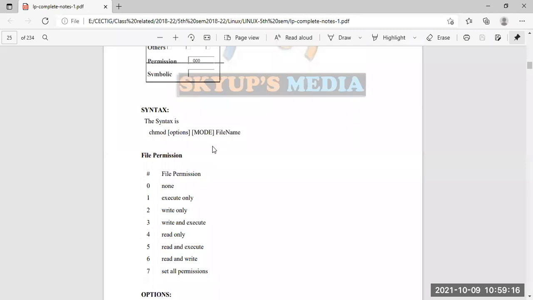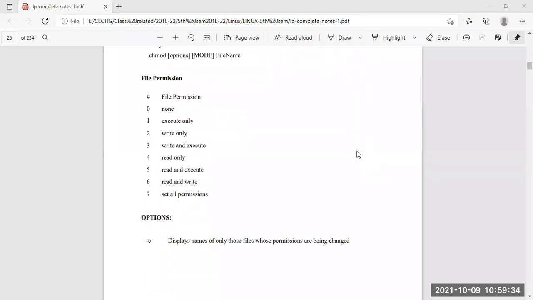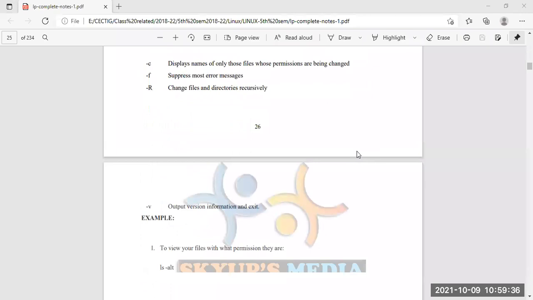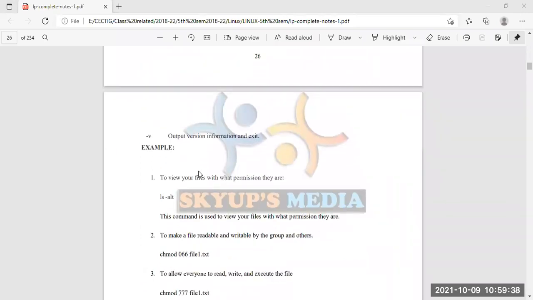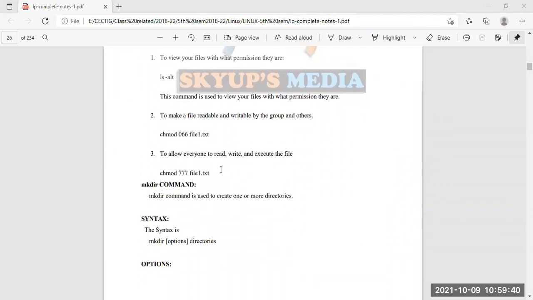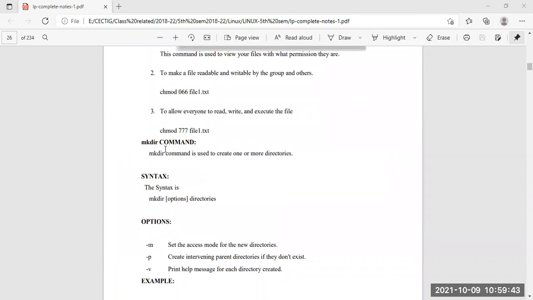We can say execute only, write only, read only, read and write only, write and execute only. Otherwise, all the permissions are needed. So whatever things we can discuss, all of them can be present here. All the things can be accessed here, right? So this type of command is not needed. Now, coming to the next part,